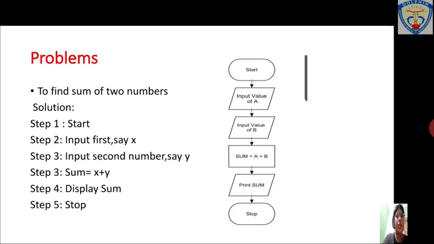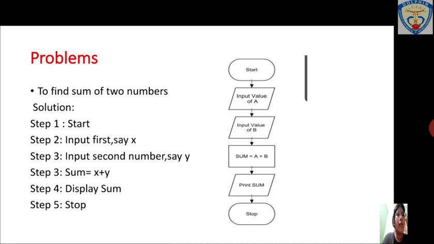If you look at the problems under the algorithm and the flowchart, the first is simply the addition, which I have already shown and discussed in the previous slides. You have to start with the start. You take the input x and y, two numbers. Then you do the addition, and two operations are acting here. First is the addition of x and y, and another is assigning the value to the sum. Next is the display of the sum, and stop is where the algorithm terminates.